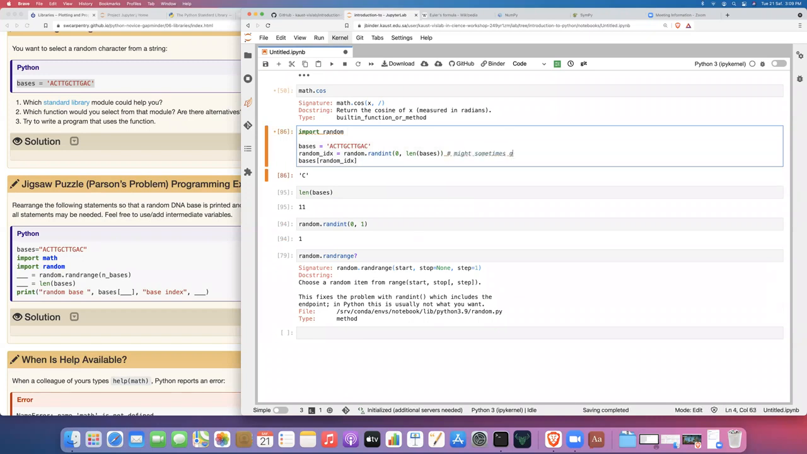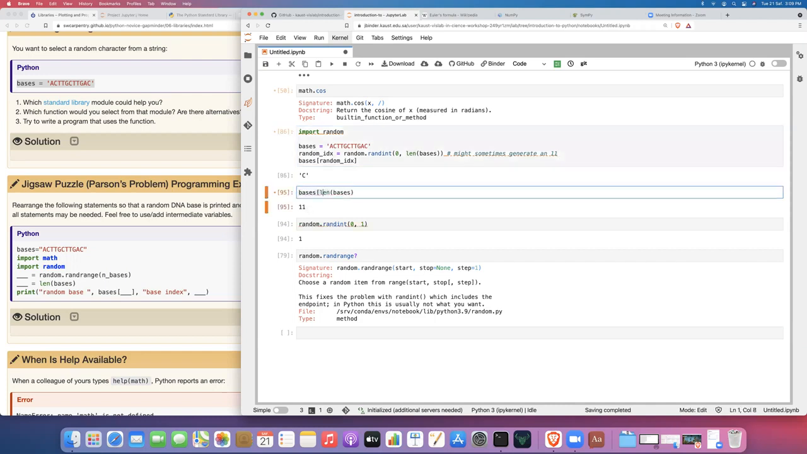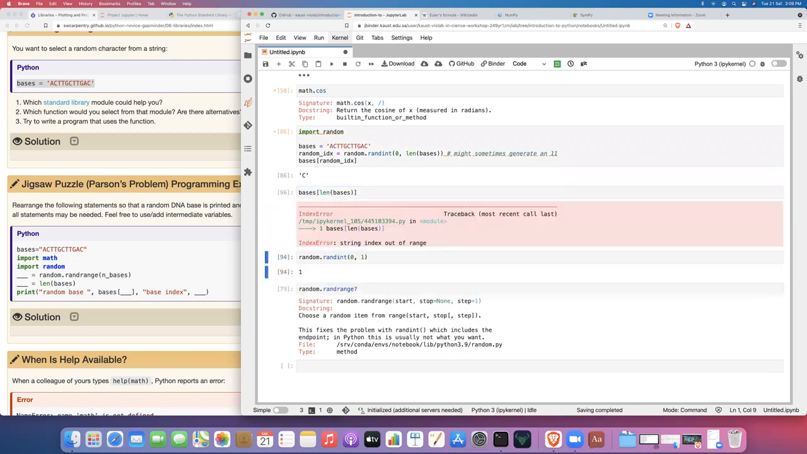might sometimes generate an 11, which would generate an error, because if we tried to do this, we would get an index out of range error, which means that, remember Python is 0 indexed, there is no index 11 character in this string. There's only 0 through 10. So this code has a subtle bug, which might not be obvious,